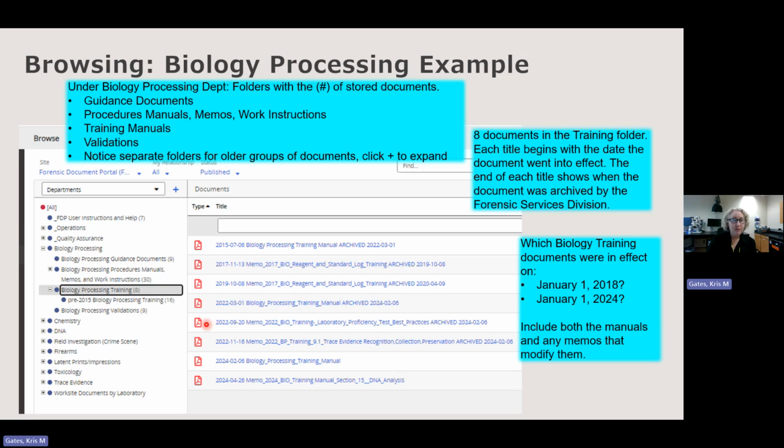Are any of these memos also relevant? Were they archived after 2024, January 1st? Yes, for both of them. These 2 memos were published before this date of interest, January 1, 2024, and not archived until after. So that date falls again within the live window for both these memos. So for that date, you would have these 2 memos and the manual